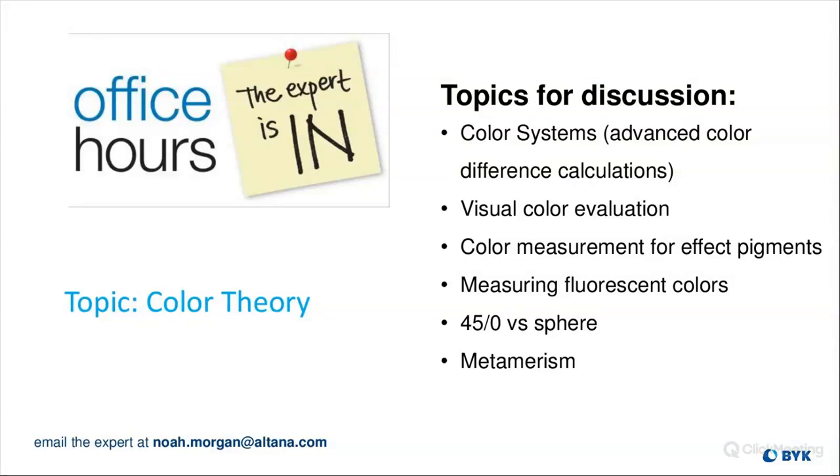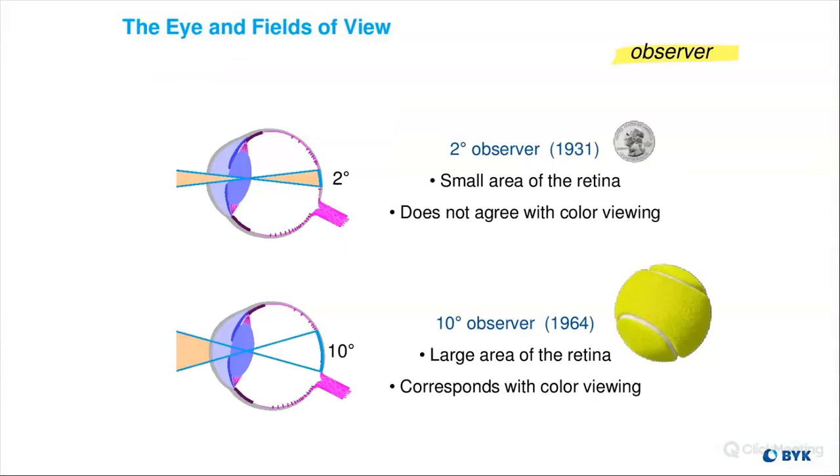Really, when you're talking about observer angles, it's not related to specular gloss measurement where you typically have 25 or 20, 60 and 85 degree geometries. This is just referring to how your eyes are seeing, or what part of your eye is actually viewing an object. And so this is taken into the calculation for a color measurement automatically. It's something you can select on the instrument itself, but it's completely separate from the 20, 60, and 85 degree geometries that you'll see on some instruments for color and appearance.